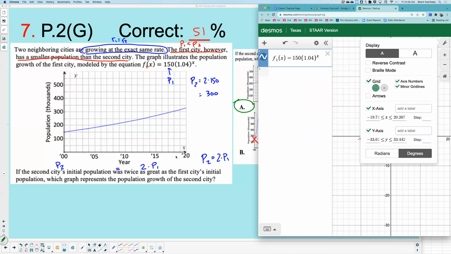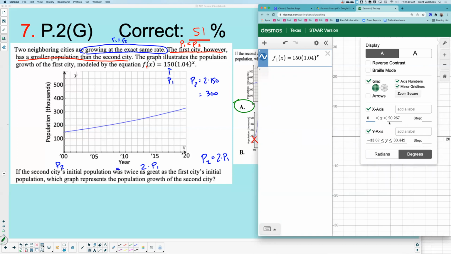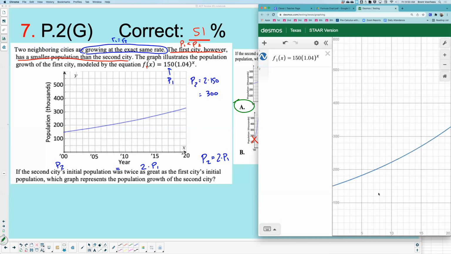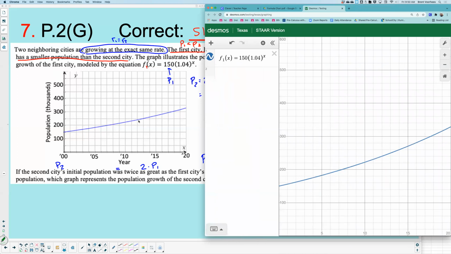You see how the x-axis goes from 0 to 20? So graph settings, I'm going to click on the x-axis and change this to a 0 and this one to a 20. I'm going 0 to 20. My y's go from 0 to, that stops at 500. What number would be right there? 600. I'm going to go 0 to 600. When I type that in, you see how similar the graphs look? Some of it is I need to be a little bit wider, but ultimately you see how the graphs look